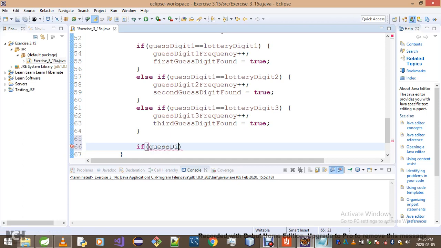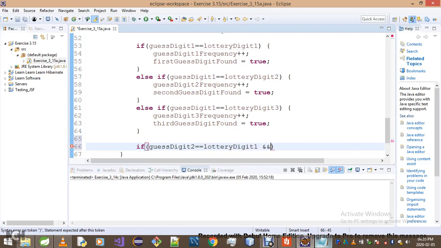If guess digit 2 is equal to literally digit 1,